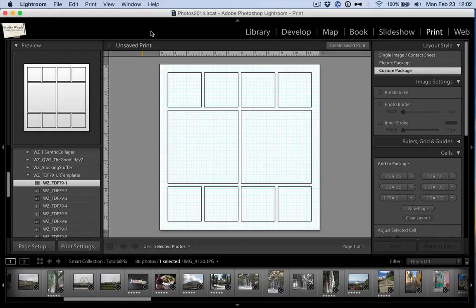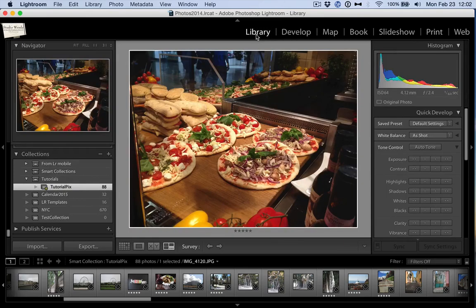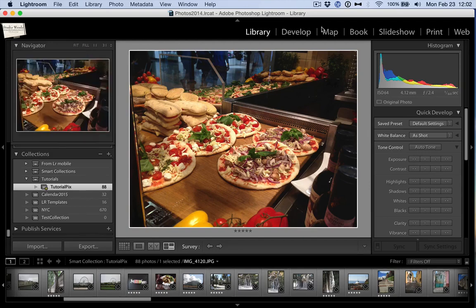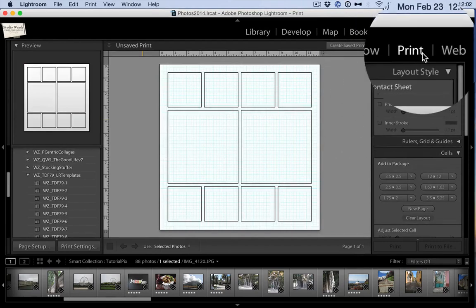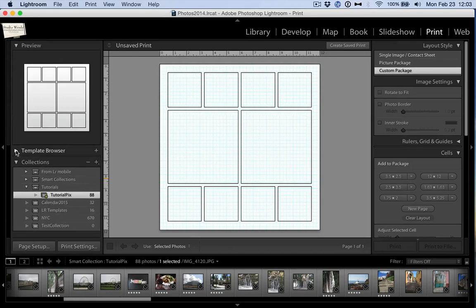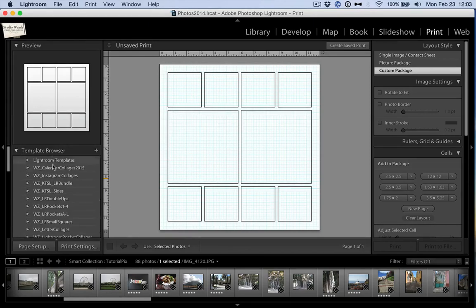But let's pop over into Lightroom, and we're going to take a brief look at how to use these templates. I'm going to assume that if you are using these templates in Lightroom that you know a little bit about Lightroom, so you'll be able to get your files into your library. I have set up a smart collection where I've dragged in the pictures that I want to use for these pages, and then click over to the print module where, over here on the left, you look for your template browser, expand it if it's not expanded, and you'll be able to see all of your Lightroom templates that